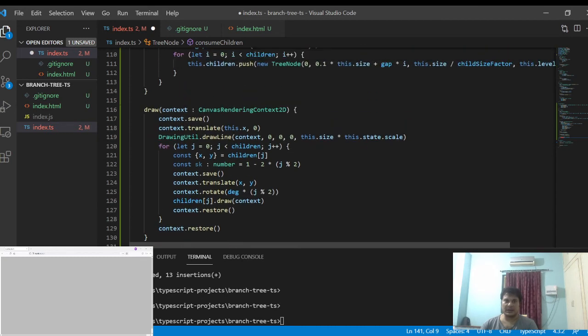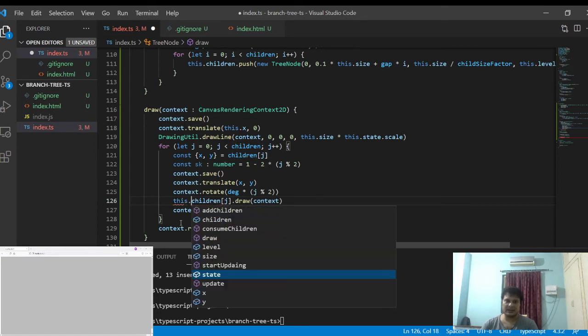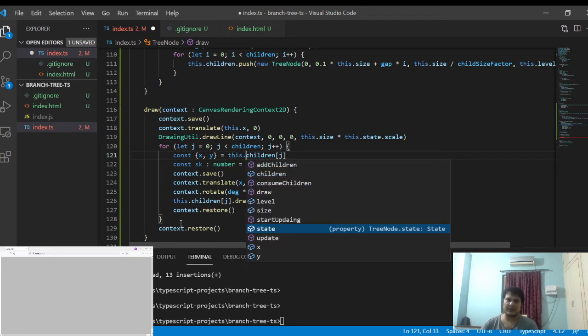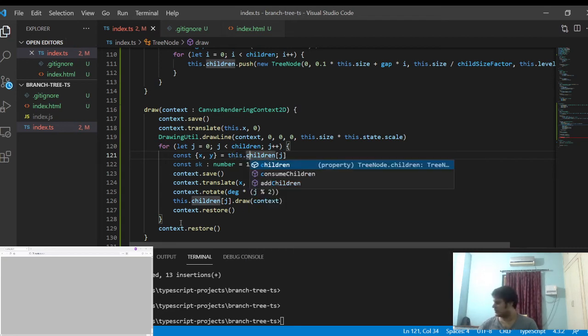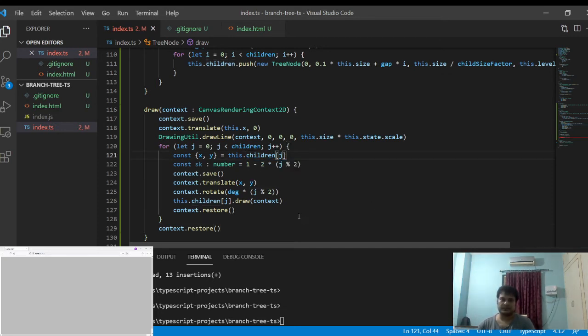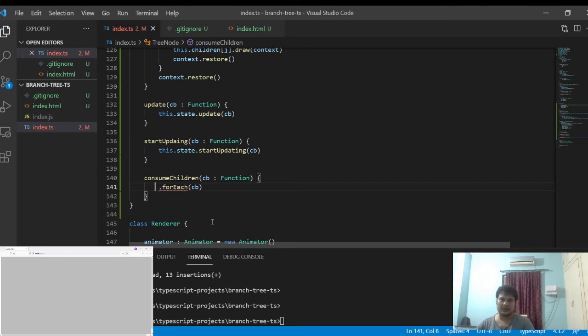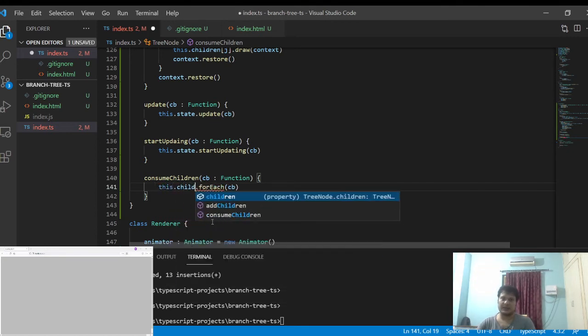Okay, I think I have just messed up something there. So this will be this dot children. This also will be this dot children. This dot children j, and it will also be this dot children for cb.